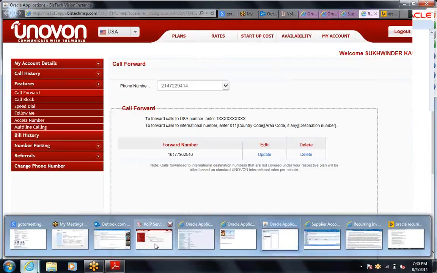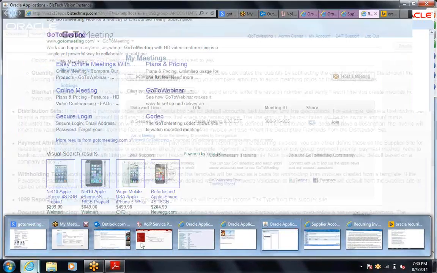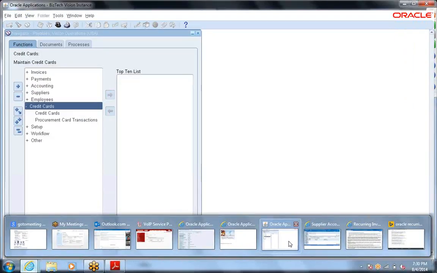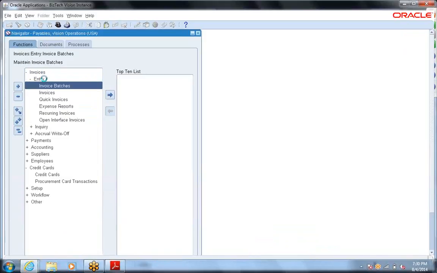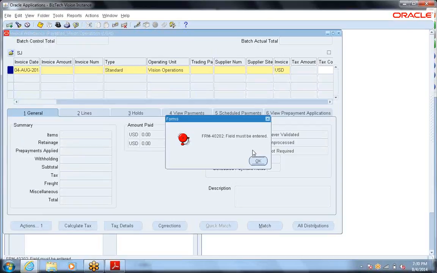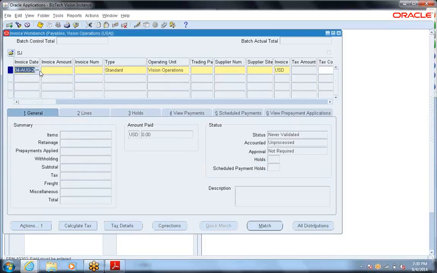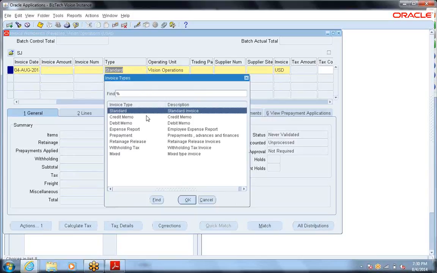Okay, other than that, let me come back to the email. What else was there? So let's see, the other invoice types we have are credit memo and debit memo. What are those things, right? Okay, the invoice type is credit memo,